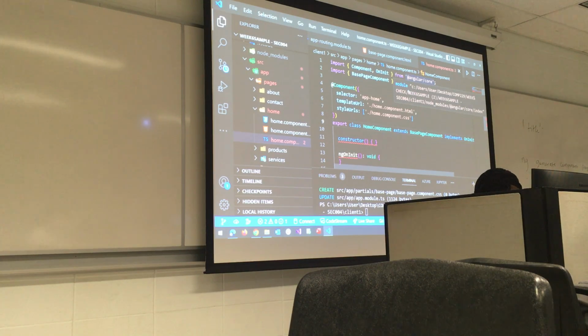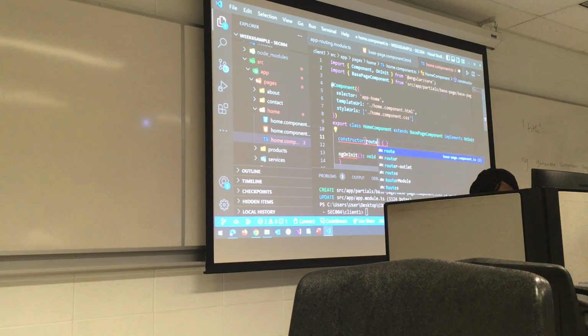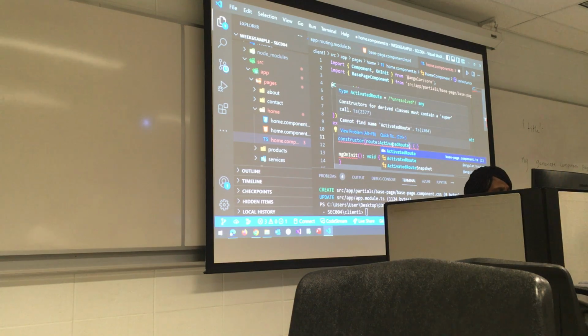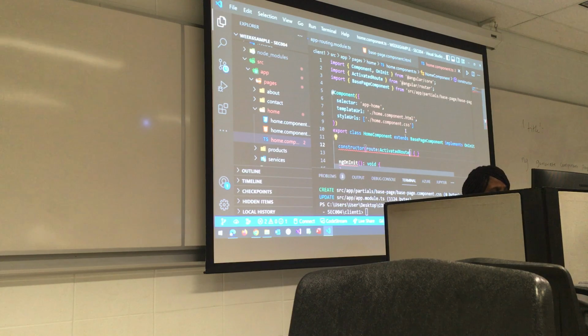So once you are done with that, we'll call in the super, or we add the route to the constructor, the activated route, the route we have activated, we want it to use it. So we say route should use the ActivatedRoute. So we have ActivatedRoute here also. It wants us to do an import. So if you move your mouse pointer to it, make sure your spelling is correct, ActivatedRoute. Click on quick fix and you go to add import from Angular router. So it will have added it.